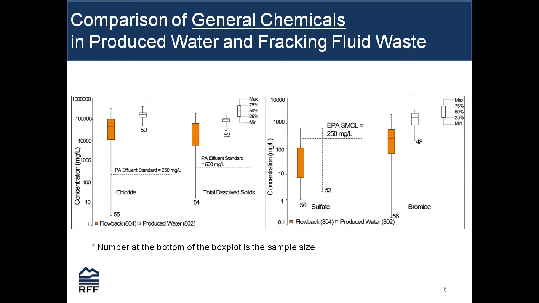But these are general chemicals. So you've got salt, basically chlorides, total dissolved solids, that you can see. The orange is flowback. The clear or white bars are produced water. We have the lines coming across, the horizontal lines are standards of various kinds. And I think the bottom line from all of this,